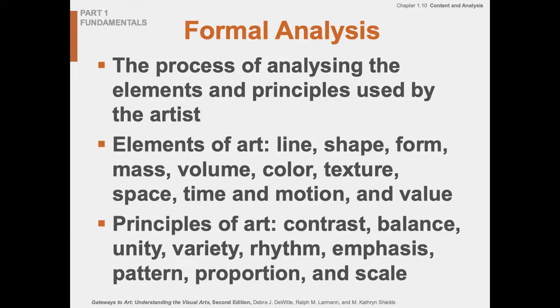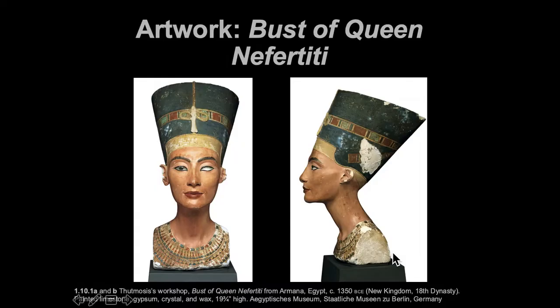So formal analysis, that is what we've been doing with elements and principles. And we have our lists here. And I think I've mentioned a few times that pattern is sometimes put into elements. But at any rate, these are the elements of art, principles of art. This is our recipe for the visual elements that are in the work. So when we take formal analysis, we're going to start there in this chapter, and we look at Nefertiti here,